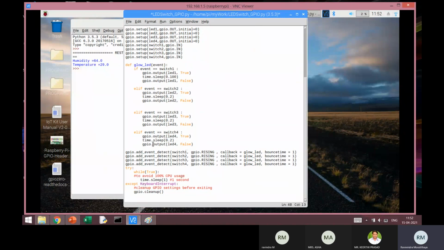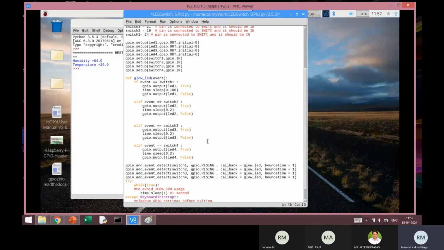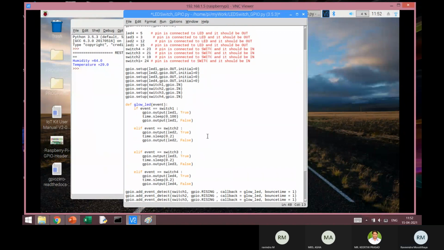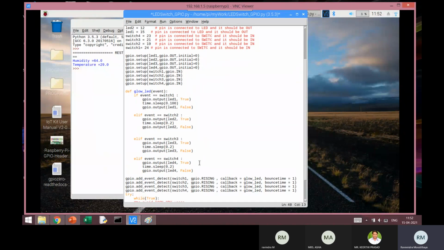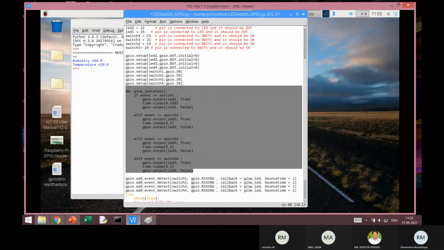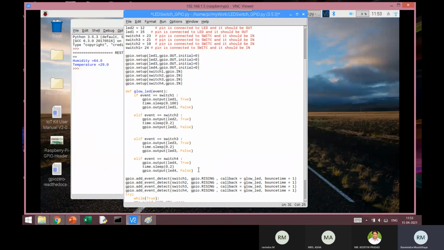If you have already typed this, you can try to execute this program. What I am expecting as an outcome is that you should be able to press any of those switches and the corresponding LED should glow. You may experience some latency because the key may not respond immediately, or when you release the key, the LED may not go off immediately. There may be some hold-up, mainly because of the way this function is written. That is sorted out in the next version of this code.